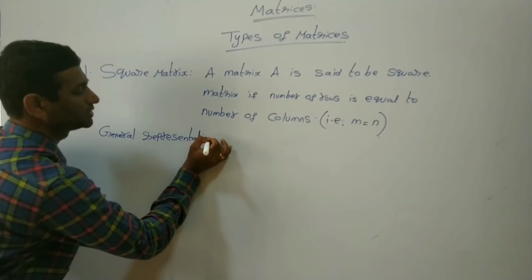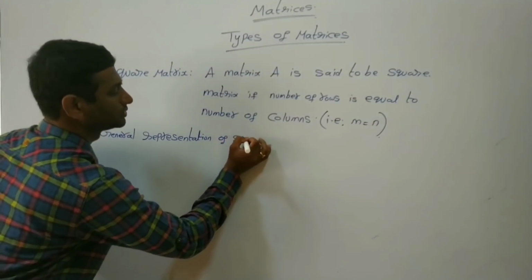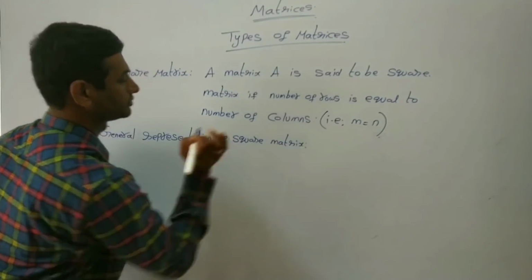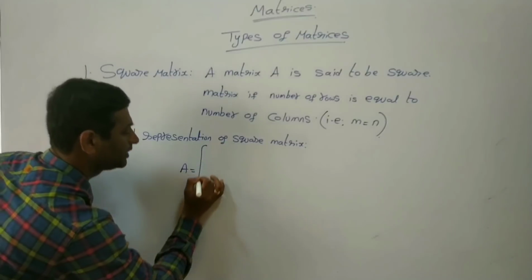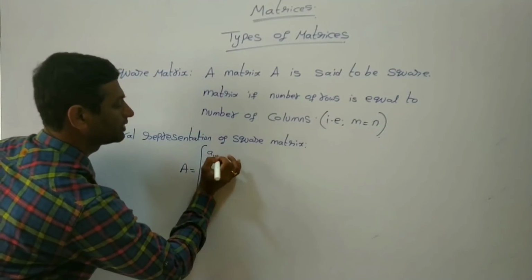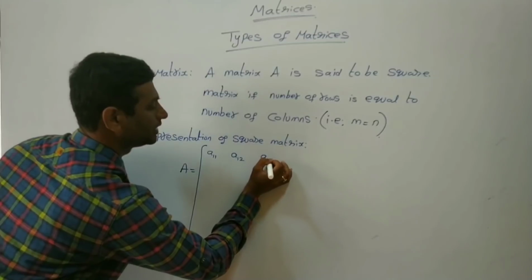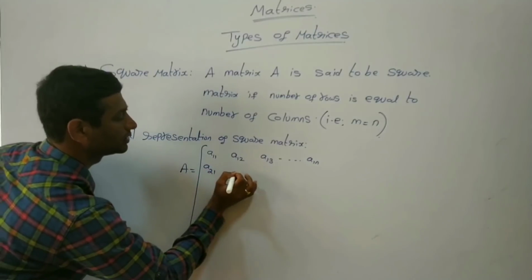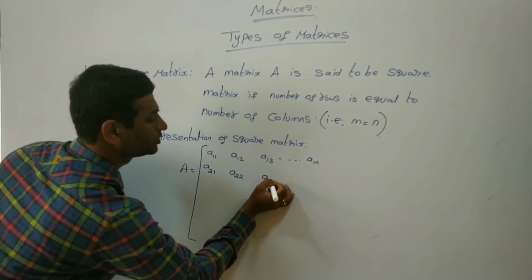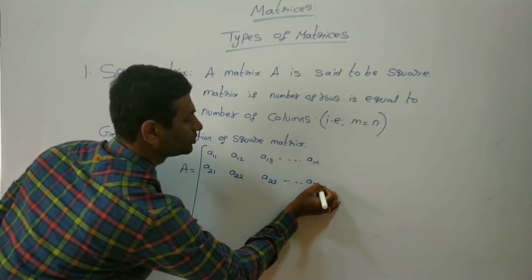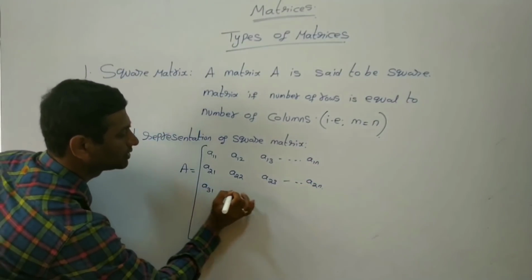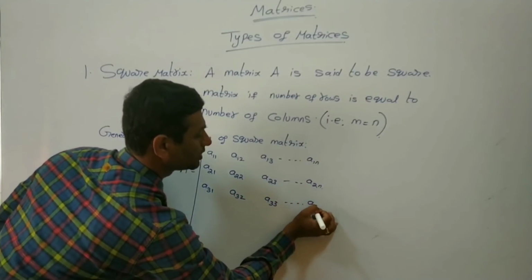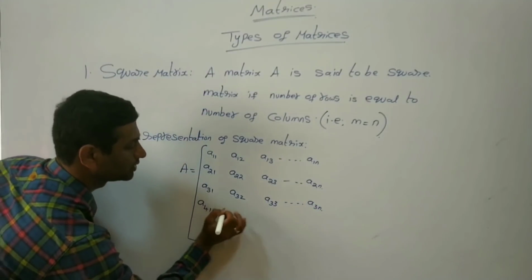General representation of a square matrix. That is A is equal to again A11, A12, A13, so on A1n, A21, A22, A23, so on A2n, A31, A32, A33, so on A3n, A41, A42,